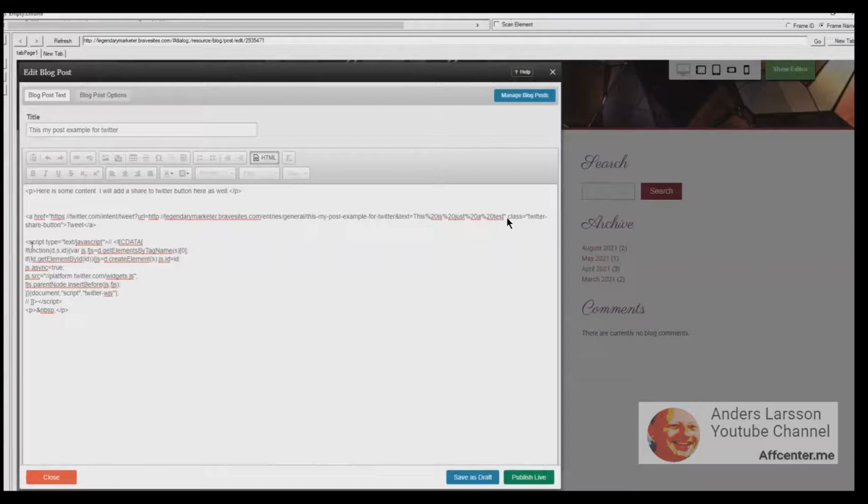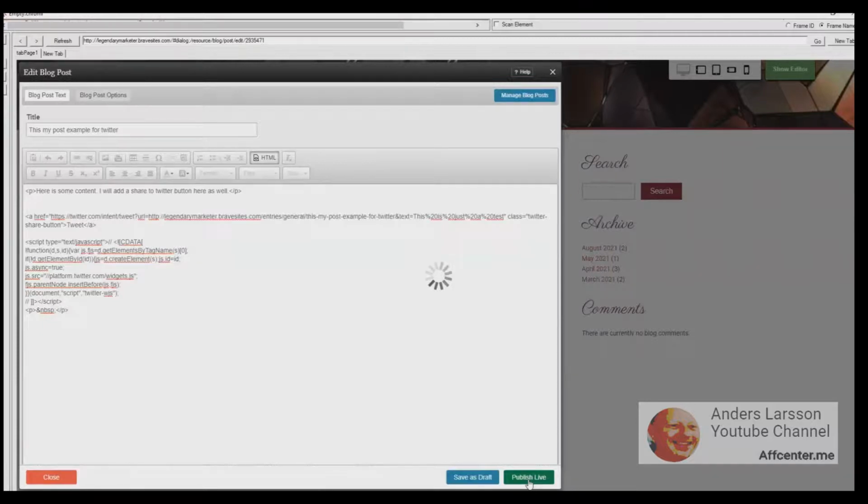Now notice that the link code has a class attribute. This JavaScript code will search for that class. So basically it runs a bunch of other JavaScripts loaded from this seed script. And one of those scripts searches for this class, Twitter share button. Maybe I'm a little bit too technical now, but I'm sorry about that. But basically this code does the magic, and our Twitter link code will be converted to a button.